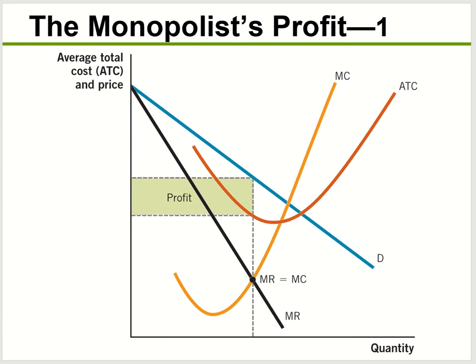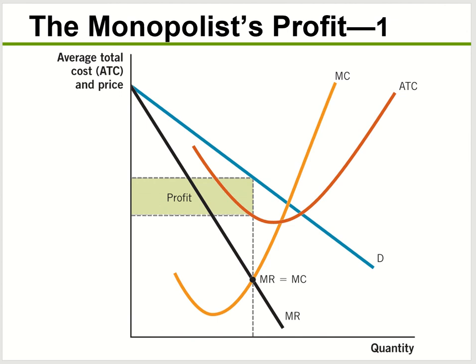Now, for companies in a monopoly situation, profit is possible. Remember we said this about perfect competition: because there's no barrier to entry, for a company in perfect competition, profit is only possible in the short run. In the long run, once a company makes a profit, other companies join and compete, price goes down, and profit goes away. So in the long run, companies make zero profit in perfect competition. But in monopoly, profit is possible in the long run.